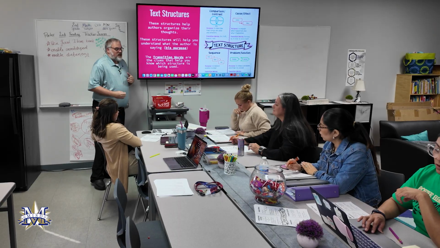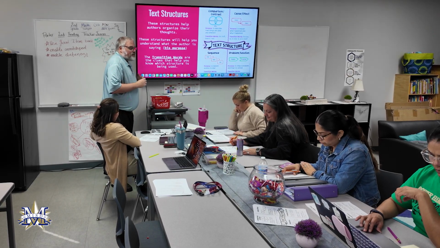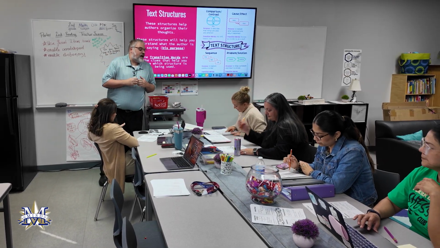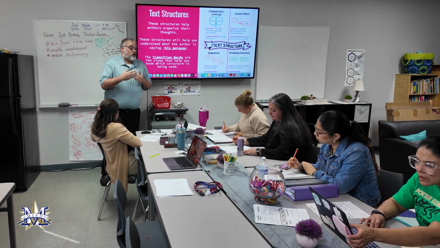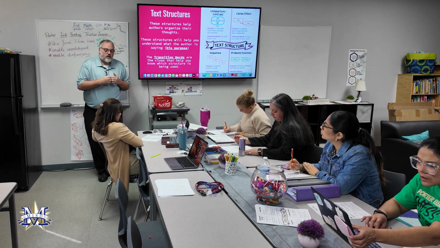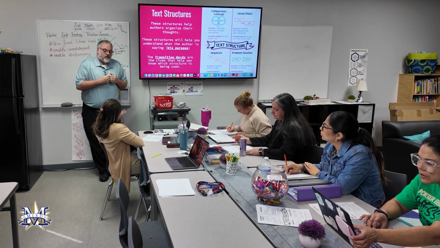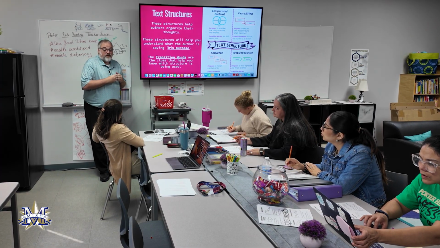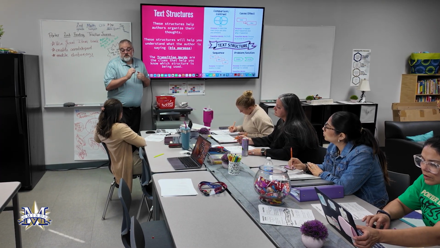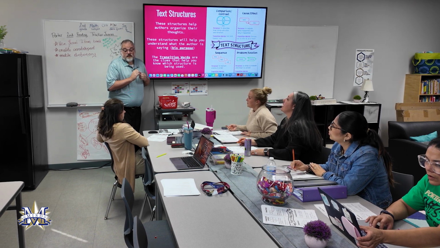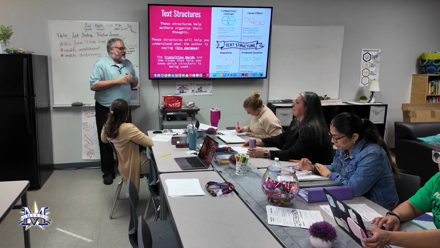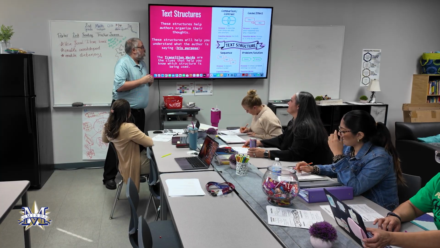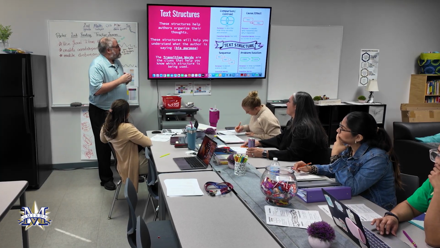So chronological. Let's look at our paper here. What do we see? First, next, and last. They go in order in sequence. And then chronological order means what, Ms. Tucker? What do we know? It means they're in order from beginning to end. First to last. And if they're chronological, specifically, we're looking at dates and time. Now we have learned dates and time. Okay, that will become important very much later.